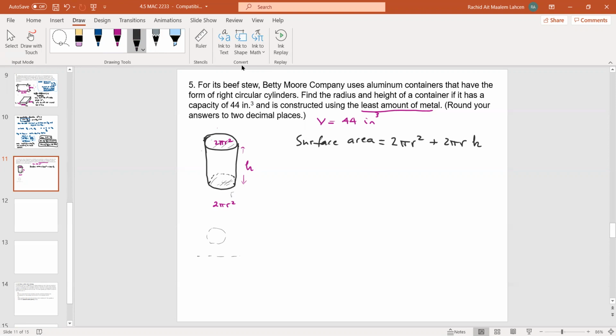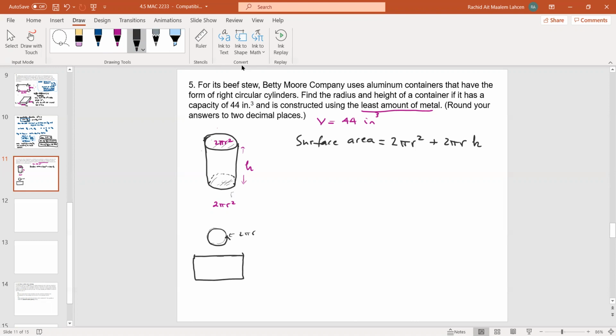So that's where 2 pi r comes from. This is a 2 pi r. And if you take this and you open it, that's a 2 pi r. And of course, you multiply it by the h,